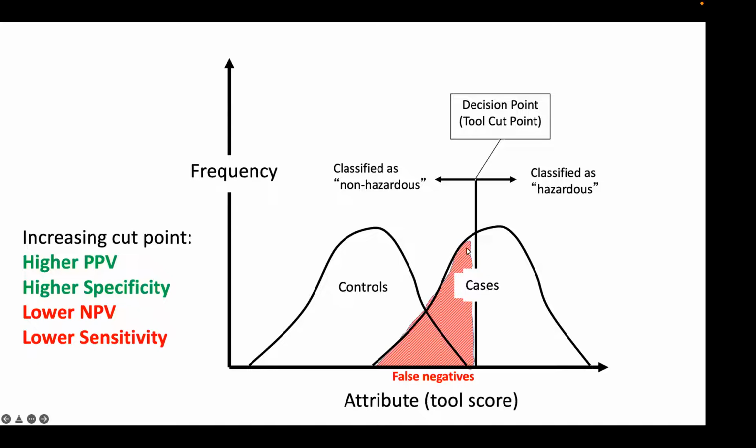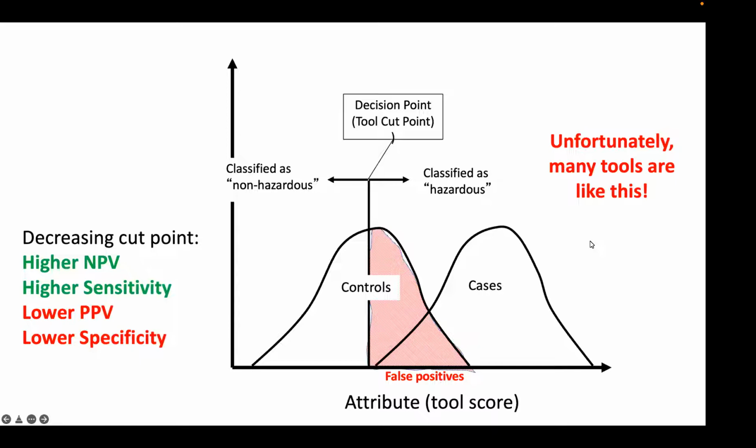We missed almost half of our people here, and a low negative predictive value because the people below include all of these people as well. Similarly, we can go the other direction. And unfortunately, a lot of tools are like this. They cry wolf. If every job is hard, then no job is hard. And if they classify everything as hazardous, that means the ones below, they probably really are negative. And we have good sensitivity, but we're wasting resources potentially in doing an investigation of jobs that are not going